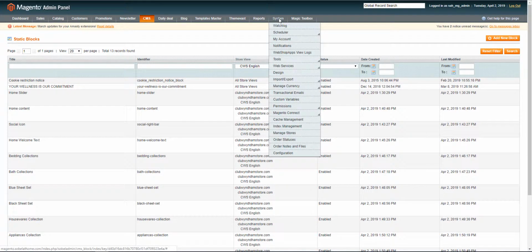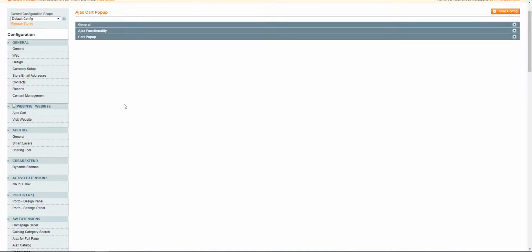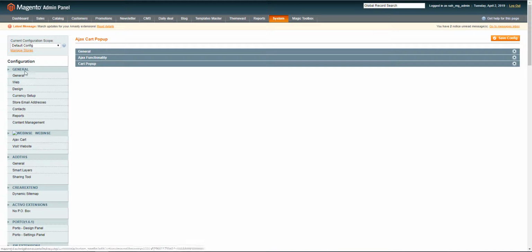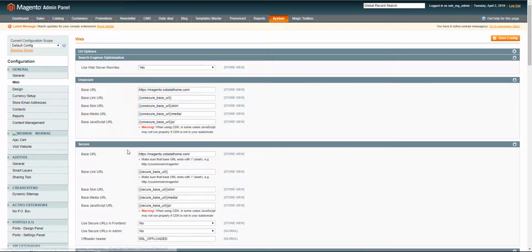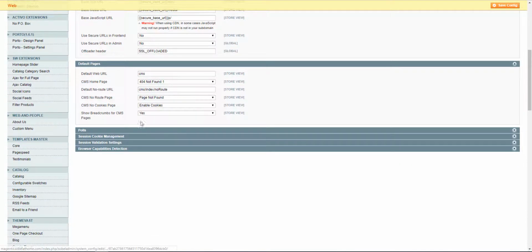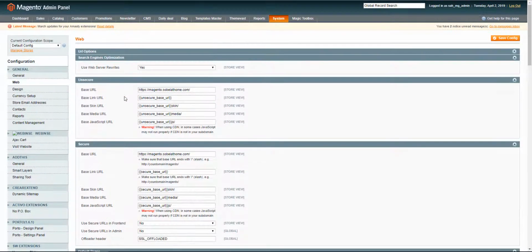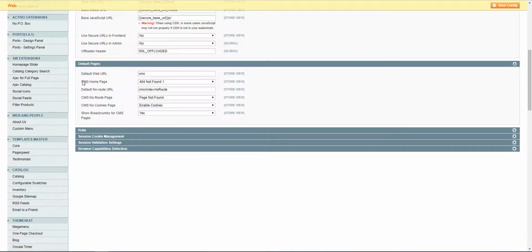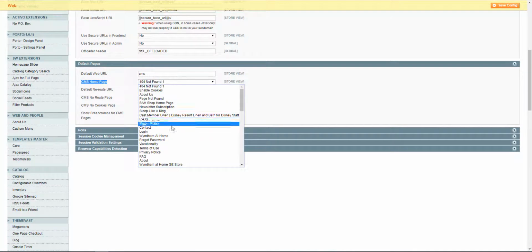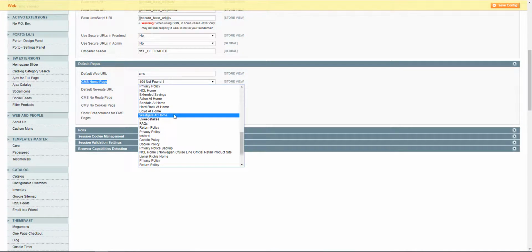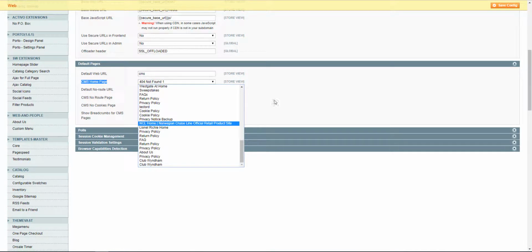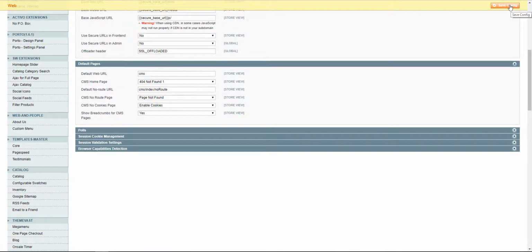So let's go to System, then click on Configuration. Now click on Web from the General tab. Let's scroll down, then you will see this type of box, Default Pages. Just select any page that you want to assign for your site's home page, and then save config, and